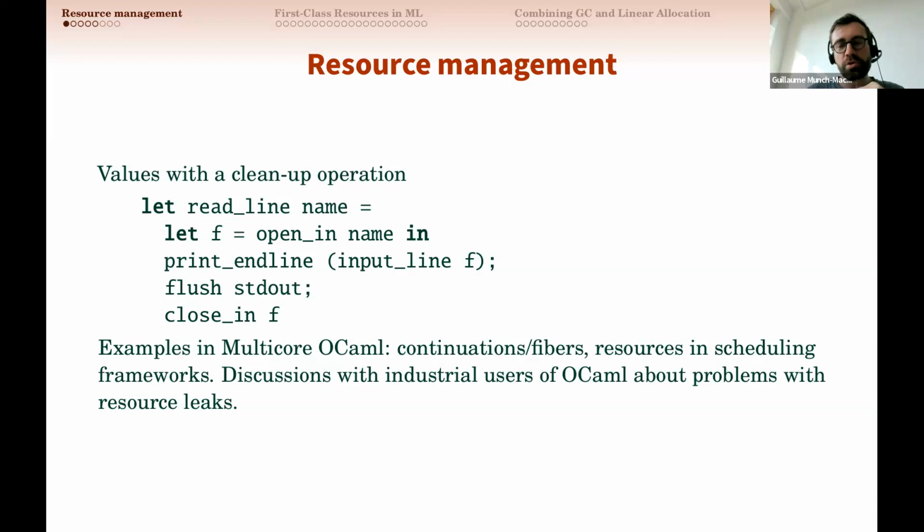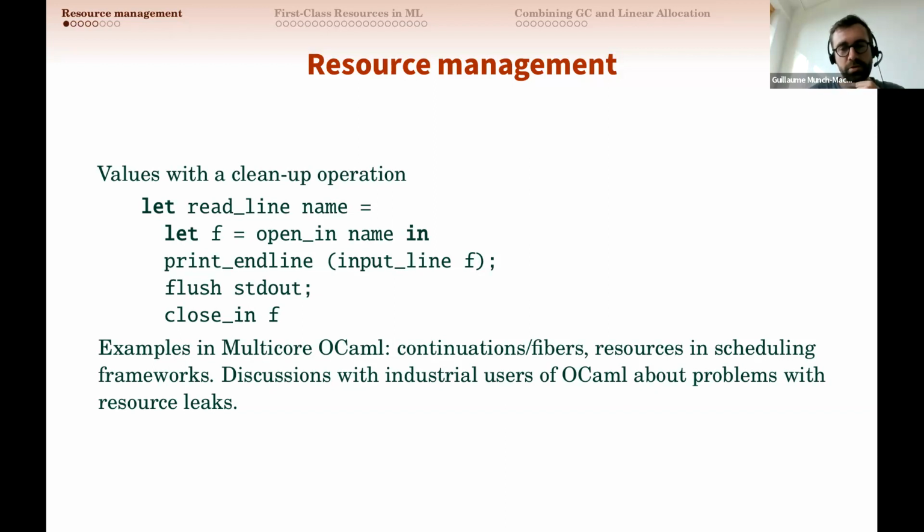For instance, in multi-core OCaml, the notion of linear continuation or fiber is an example of a resource because things go bad if you even forget to dispose of it explicitly. We also see that in various frameworks that people are introducing in multi-core OCaml with custom schedulers, they introduce various notions of resources, various mechanisms to deal with the resources. So it's an important